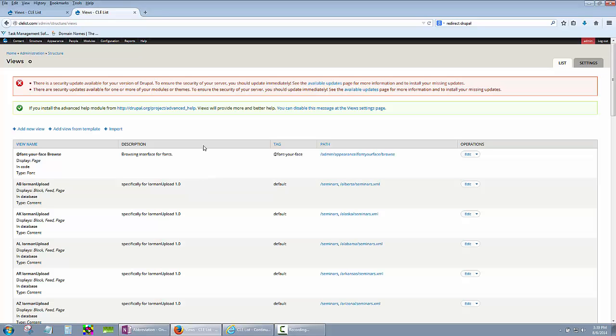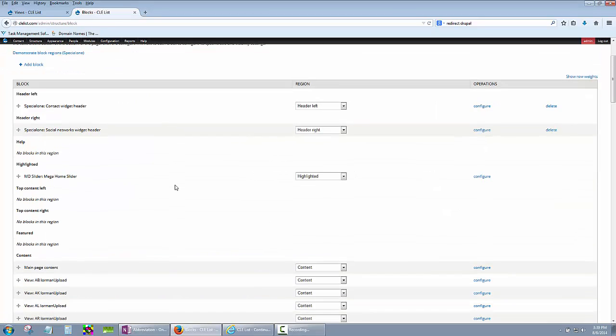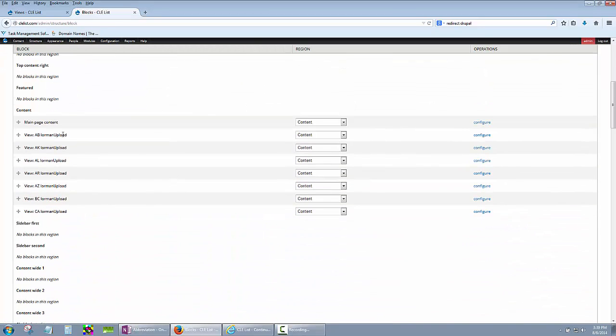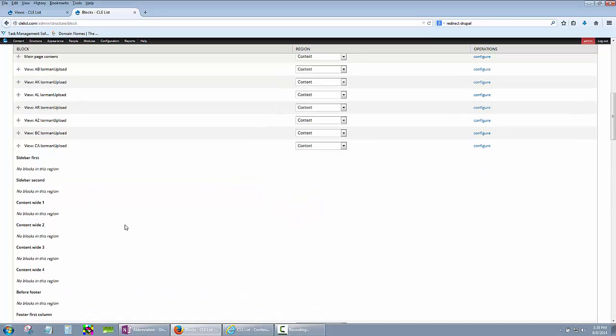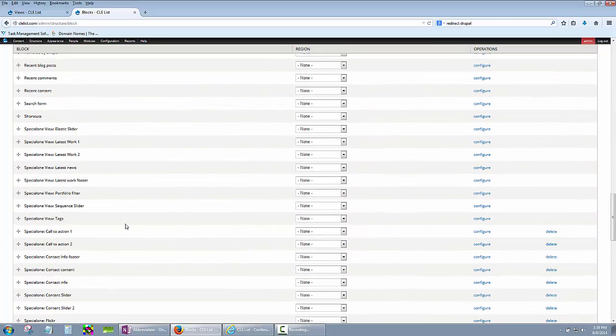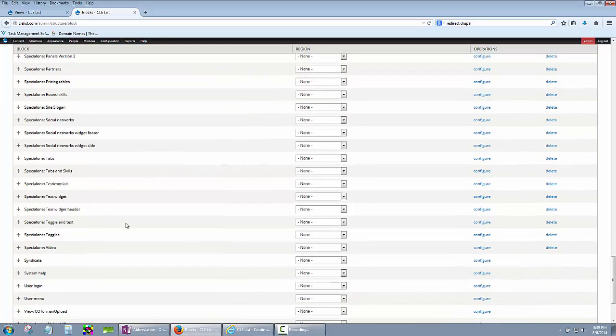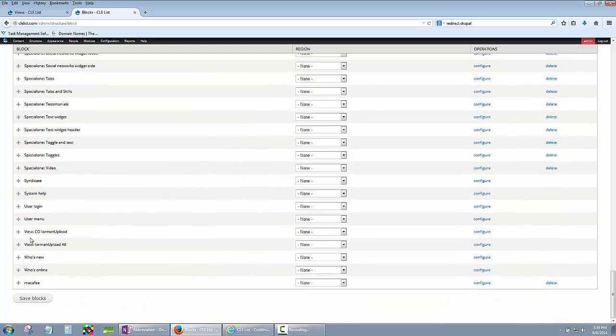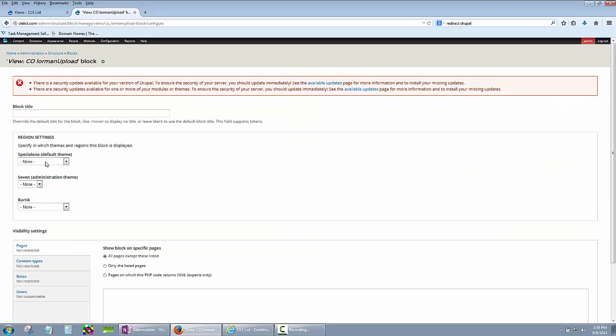Then the next step is going into the blocks. So we come over to Structure and then go down to Blocks. You'll see I've got a lot of blocks in here: View AB Lorman, View California. Because we just cloned that view, there's actually a new one made. It's already automatically made, and you see View Colorado Lorman Upload right here. So go ahead and hit Configure